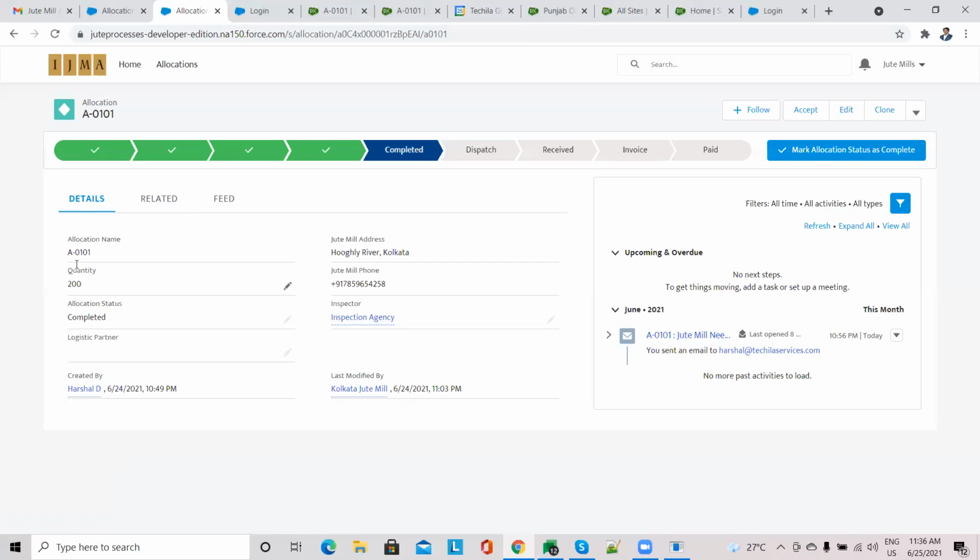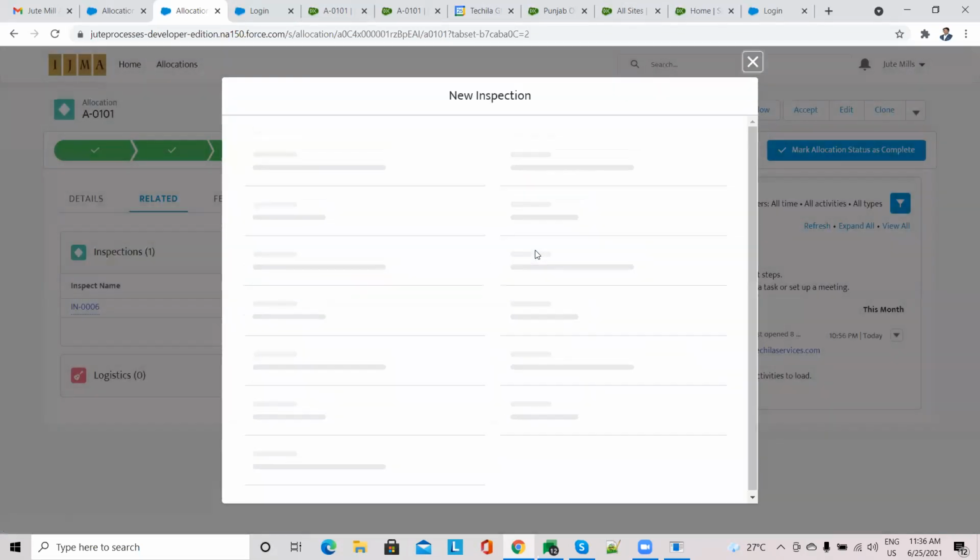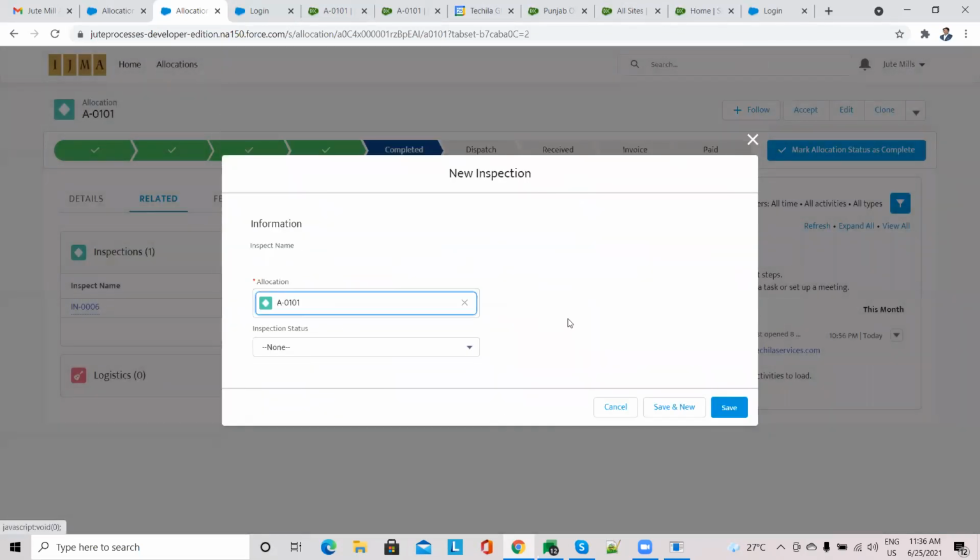So the way we can implement the segregation of the total quantity is, you can see there's a related tab over here. The first inspection got created with the same quantity. What the jute mill officer can do is come over here and we can add a field which says quantity, and instead of 1,000 they can put 500.